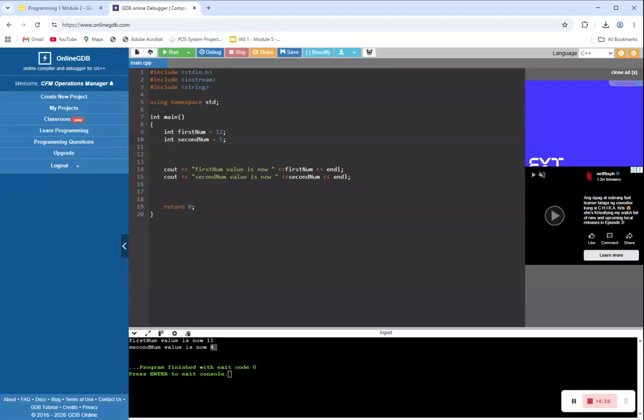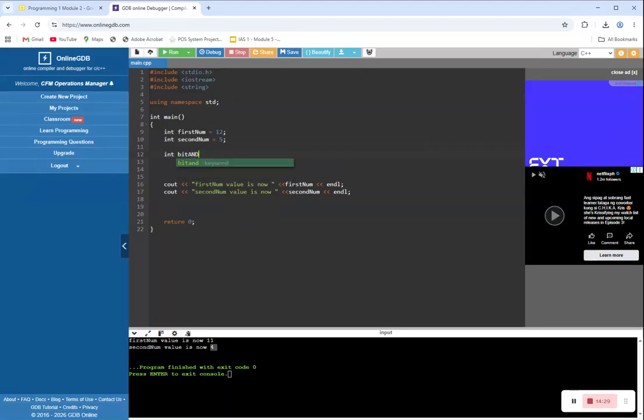We have int bitAnd is equal to first num and second num. We change it maybe to 7. So another value, first num and second num.